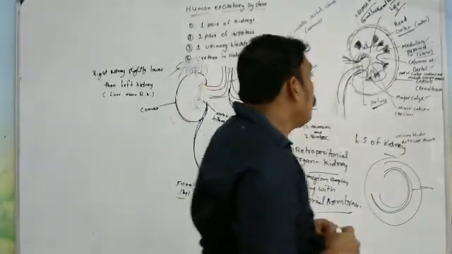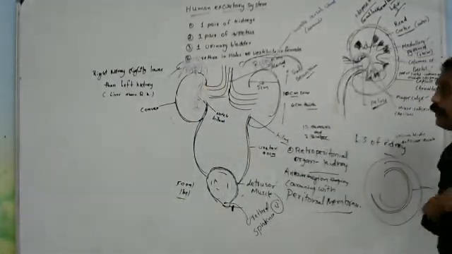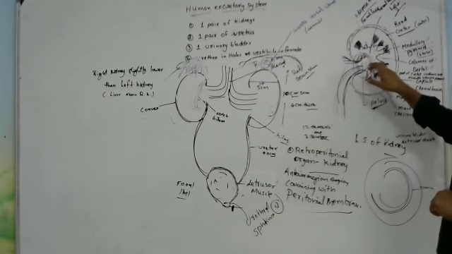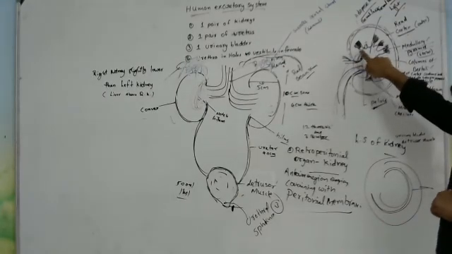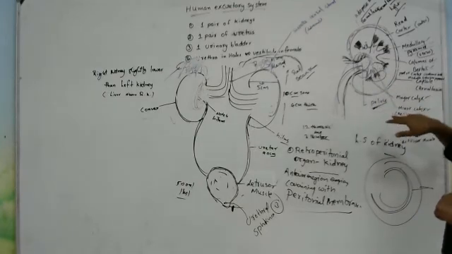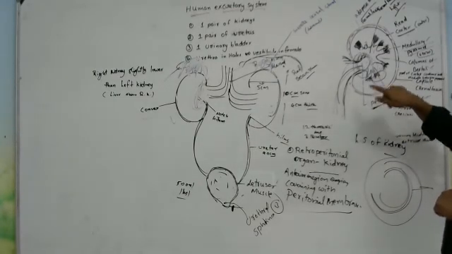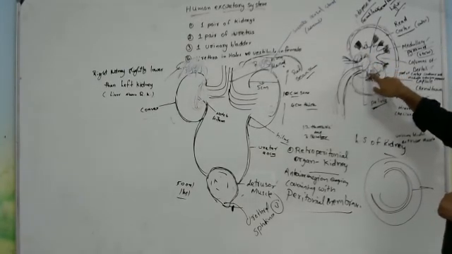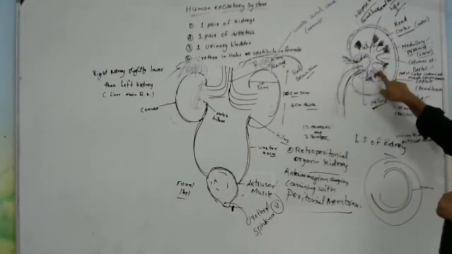In the internal structure of the kidney, the outer region we call the cortex and the middle region we call the medulla. In the middle region, there are 6 to 20 medullary pyramids. These pyramids are attached to the major and minor calyces. The major and minor calyces originate from the pelvis region, which extends and gives branches like major and minor calyces attached to the medullary pyramids.